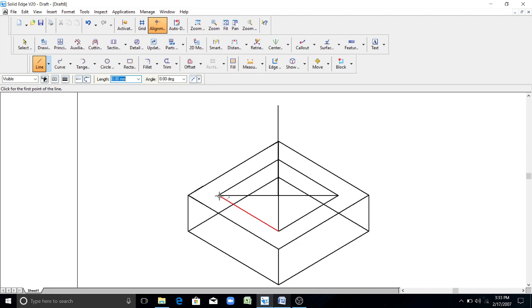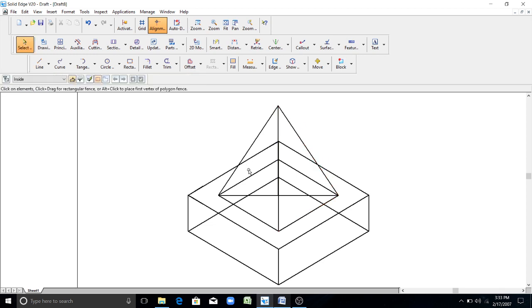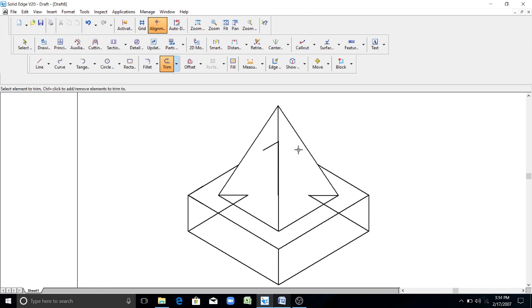So from all the corners you have to join these sides. From this corner it's already joined. From this side also you have to draw. So this finishes this model. Now you want to trim the unwanted lines so that you can get the exact model. Just draw a line here. All those lines can be deleted like this. You don't want these lines, all these lines. Just you can select like this also.